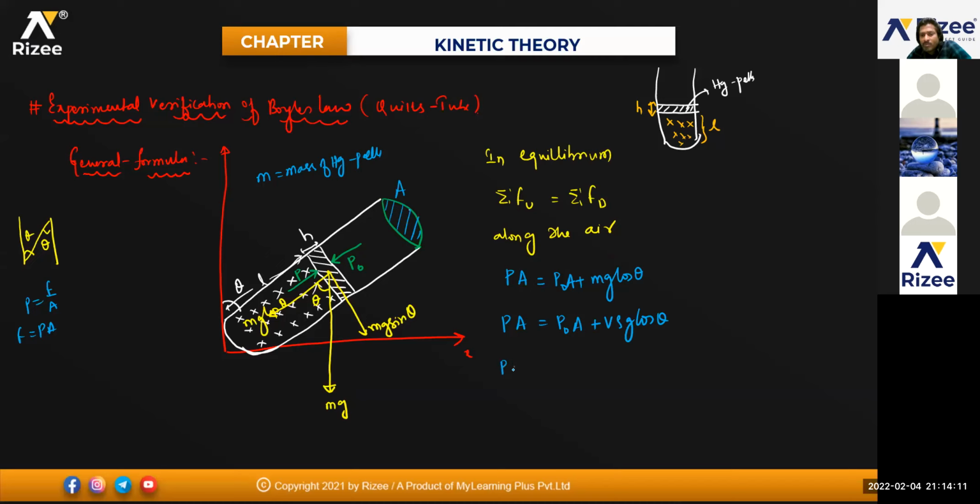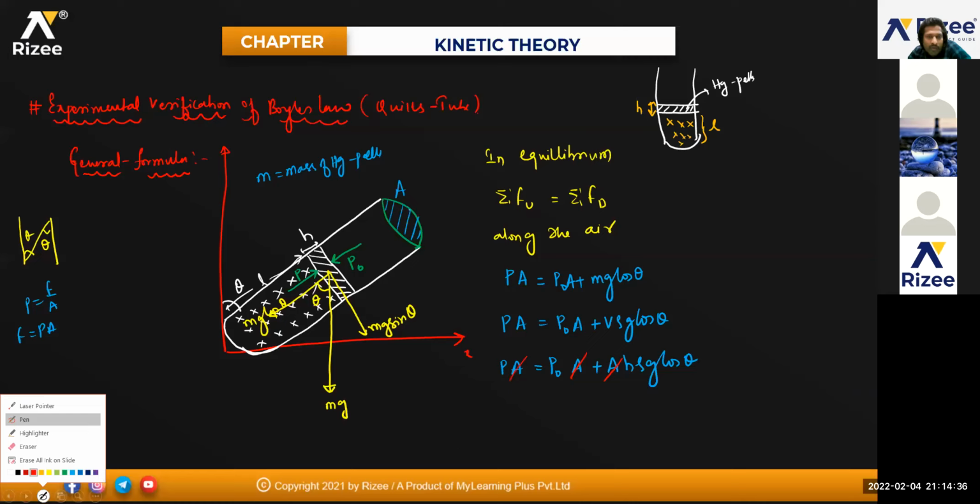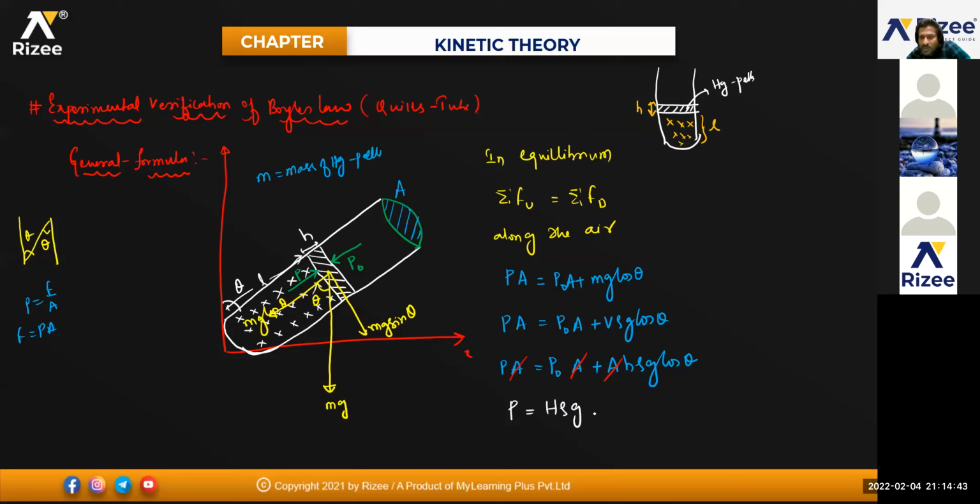So this will become P into A is equal to P naught into A plus volume, where volume is the volume of the mercury which has been occupying. Volume is equal to area into height of the liquid column, so it is h rho g into cos theta. If you see it very carefully, one component, area, is getting cancelled, isn't it? So if I remove the area, I'll be writing here P is equal to P naught, which is H into rho into g, the atmospheric pressure,